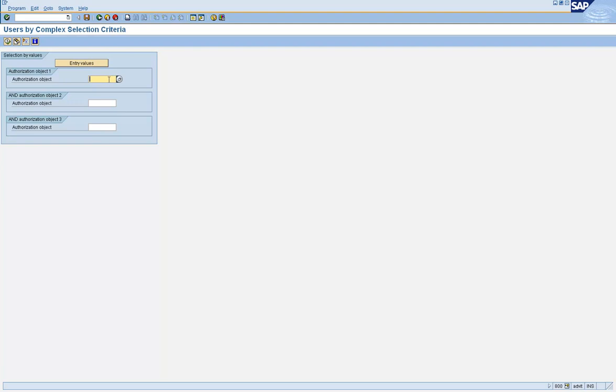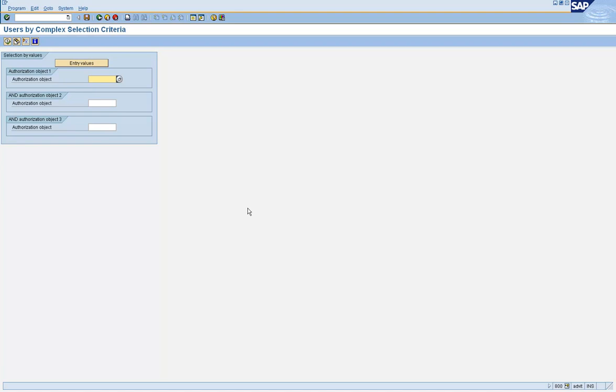Okay, another example would be how many people can change table data. See, that is again a restricted access, right? S_SE16. In a production system, the user should not have the ability to change the data in the tables directly. See, SE16 you cannot avoid many times. So when you give access to SE16, how do you know that people do not have access to change the data from the table?